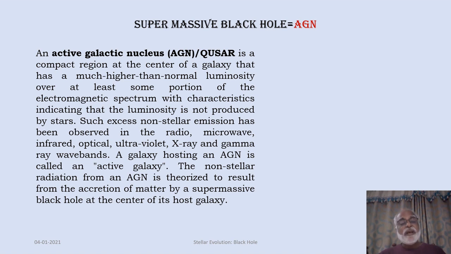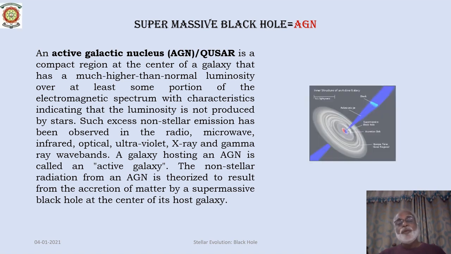And this excess non-stellar emission has been observed in a wide range of the electromagnetic spectrum, from radio, microwave, infrared, optical, ultraviolet, the entire electromagnetic spectrum in fact. So a galaxy inside which sits an AGN, or active galactic nucleus, is generally referred to as an active galaxy. Our own galaxy is an active galaxy. The non-stellar radiation from such an active galactic nucleus is theoretically supposed to come from the accretion of matter, which I referred to, due to a supermassive black hole that is sitting at the center of the host